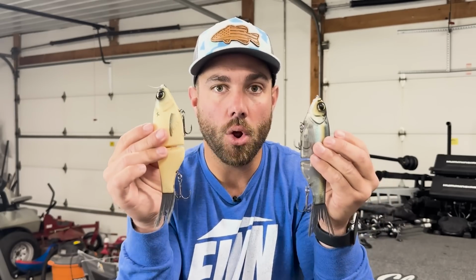These are great baits. And similar to the Whopper Plopper, similar to the square bill, I'm really gonna fish this thing everywhere. I'm gonna fish it alongside a dock. I'm gonna fish it in the back of a creek next to a laydown log. I'm gonna fish it on the main lake on a bluff. I'm gonna fish it on the main lake around some grass. Again, bass can be a little bit of everywhere, but I am really targeting bigger fish with these